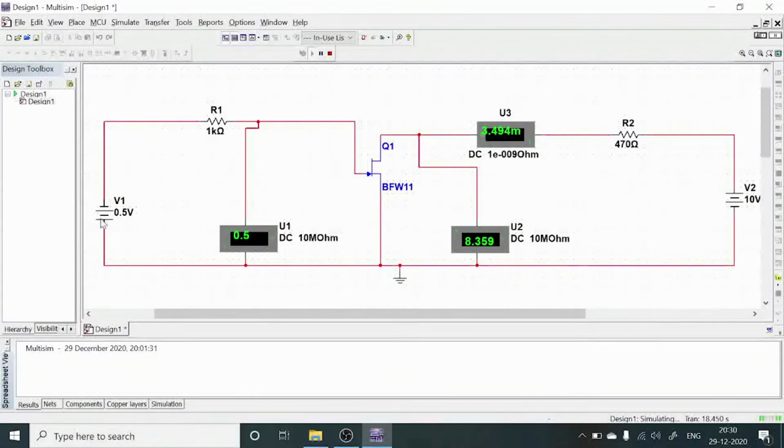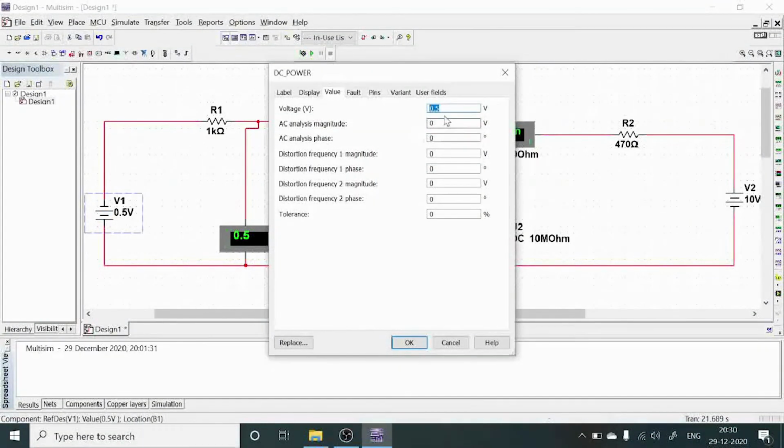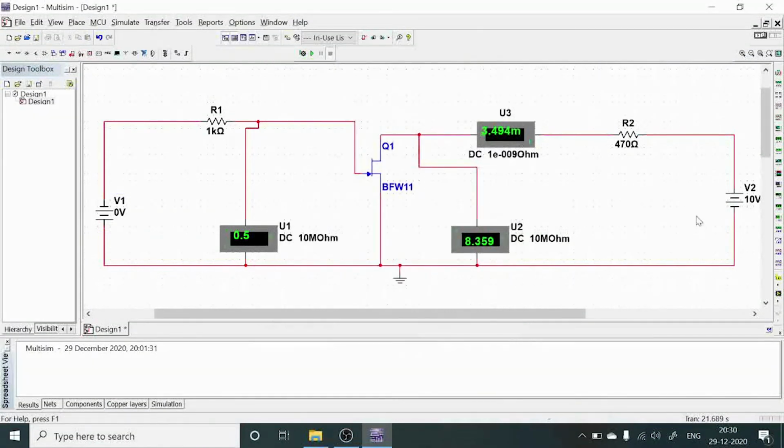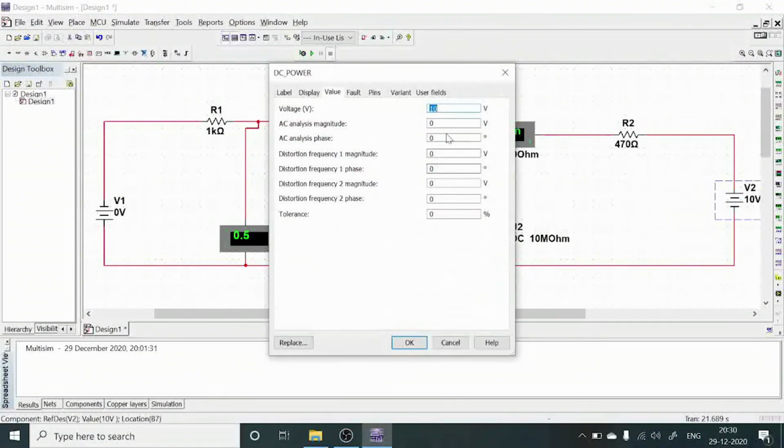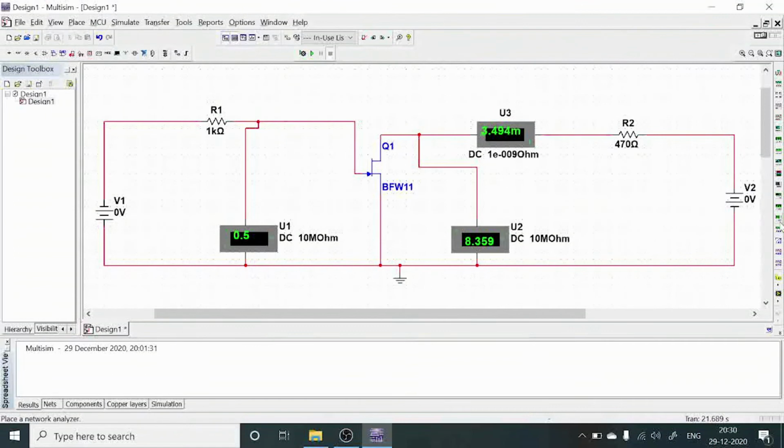Then by varying this gate biasing voltage, note down this gate to source voltage and then correspondingly note down this drain current here. For this case, initially I am going to reset all these DC sources to 0 volts. First stop the simulation, just double click this first DC source. Initially I am going to make it 0 volts. So voltage change to 0, select OK. And the second voltage source also we are going to set to 0. Initially these two DC sources are 0.